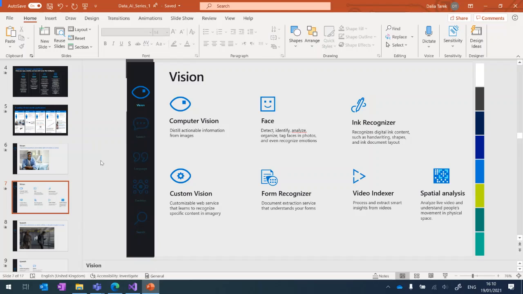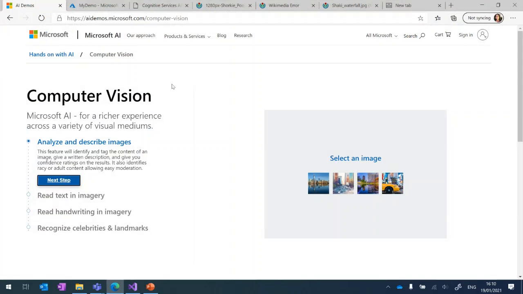Now let's have a look at what is computer vision services, cognitive services on Azure, and how you can deploy it and how you can use it. So over here, this is a demo website available for your use. And the way you basically use it is just you send an image and it gives you the result like you want. So it's just a demo page. Over here, this website is using the cognitive services API in the backend. So basically, let's try out and analyze one image. So if I try this image, for example,